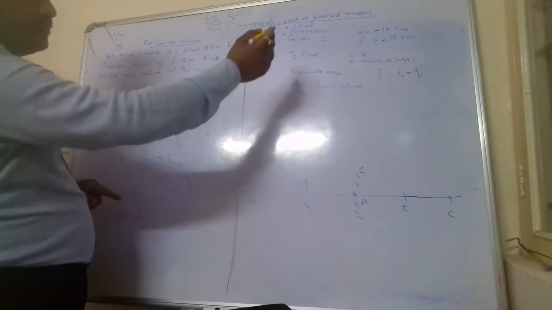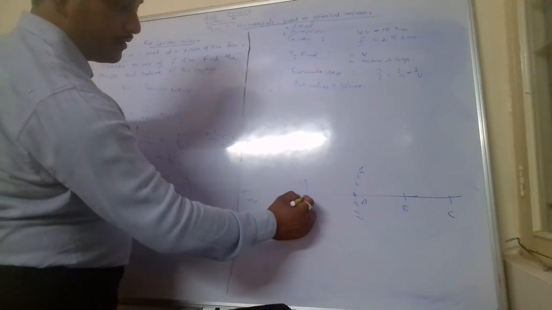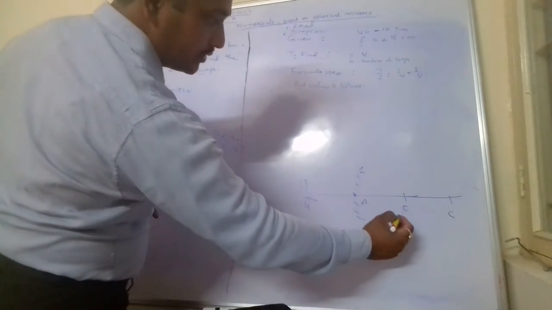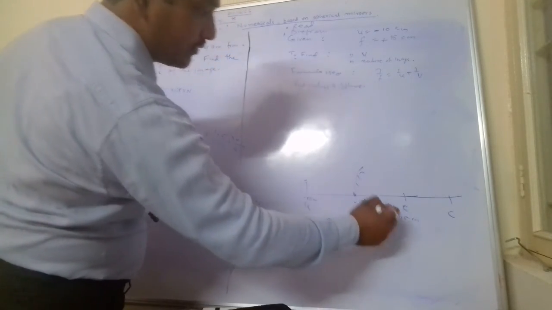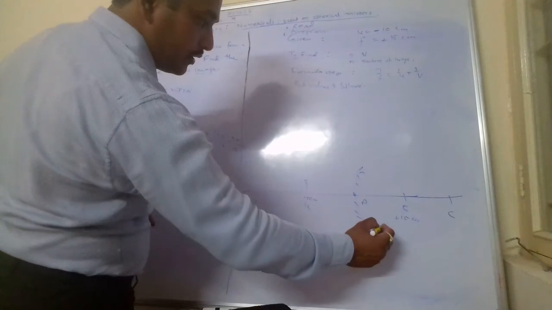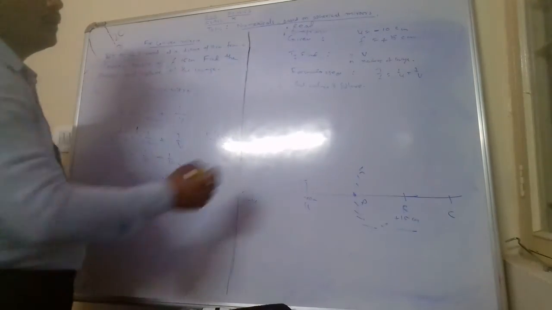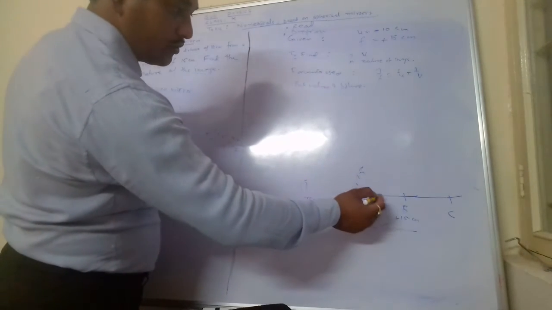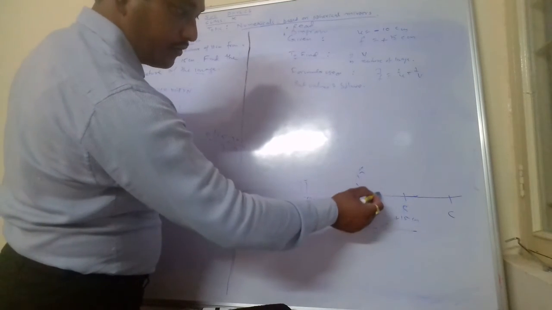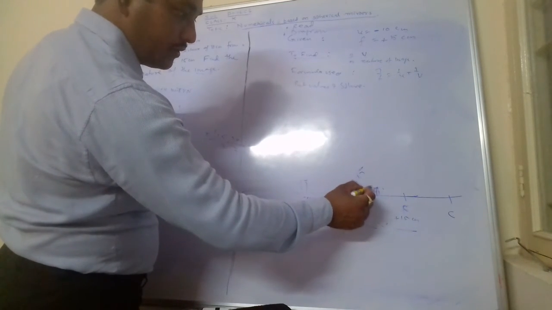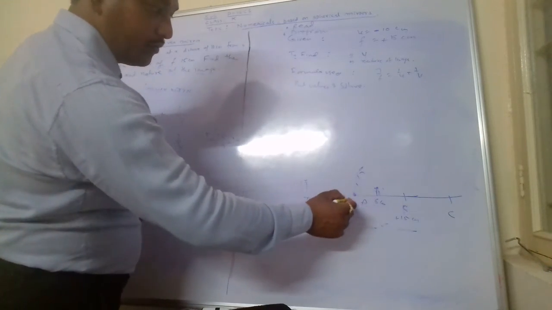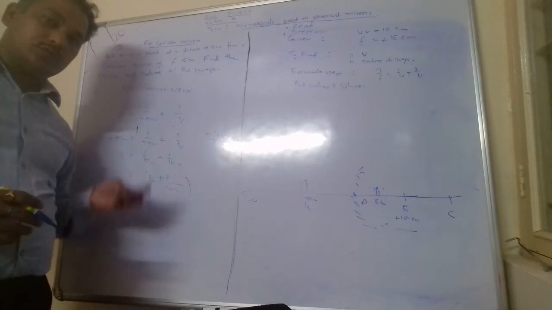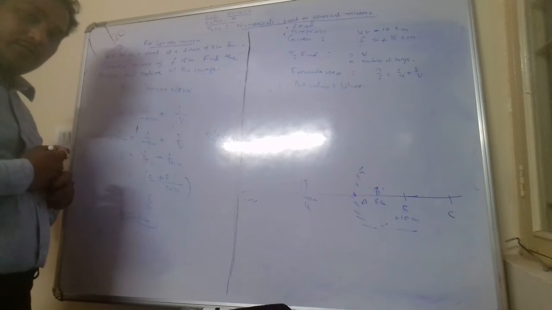So u is this. You can label in the diagram. This distance is minus 10 centimeter, the distance of u. Focal length is 15, so this distance is 15 centimeter. It will be positive as it is on the right hand side. Focal length, from here to here, is given as 15 centimeter. And v we have calculated just now as 6 centimeter, which is also positive. So the image is somewhere here. This is the image at 6 centimeter distance from the pole, as all distances are measured from the pole, you are aware of it. So like this you can easily solve the numericals based on the spherical mirror or convex mirror.